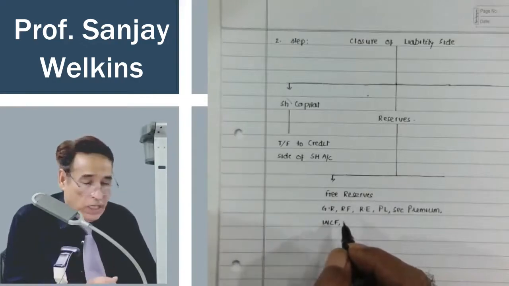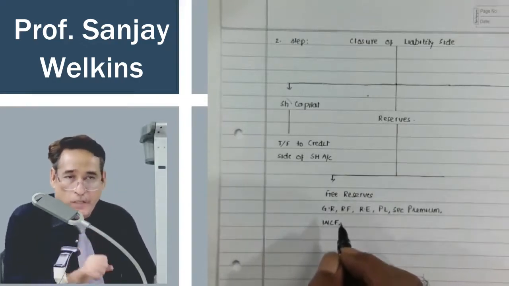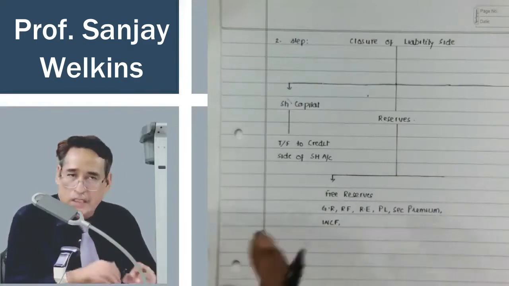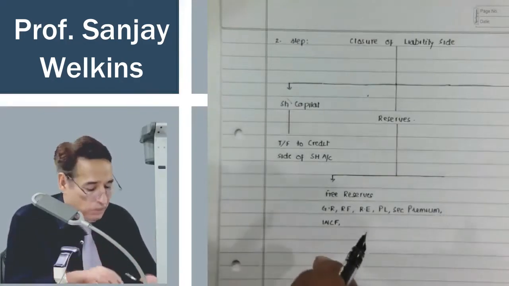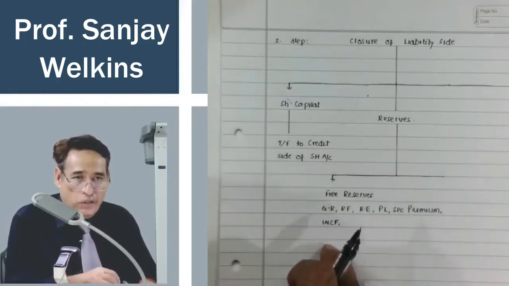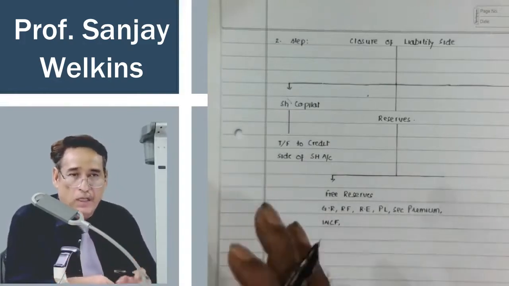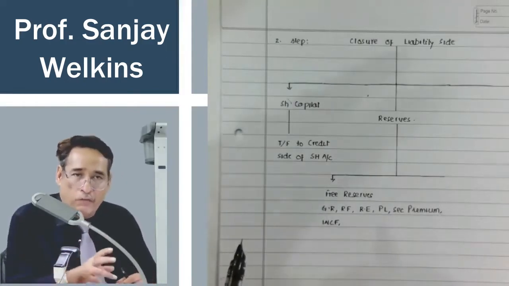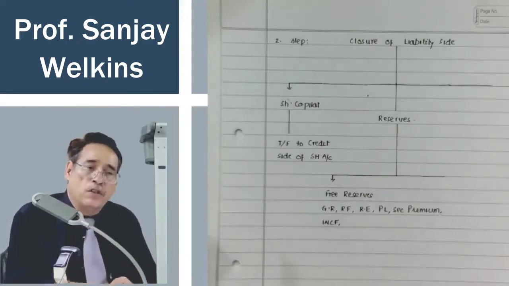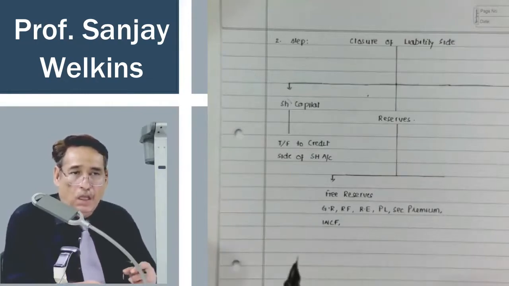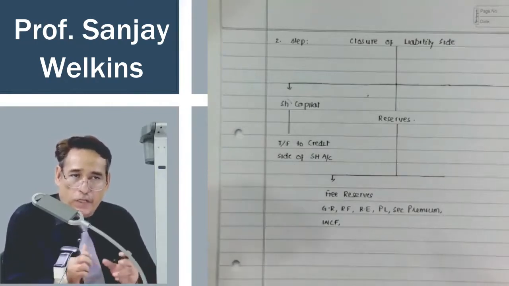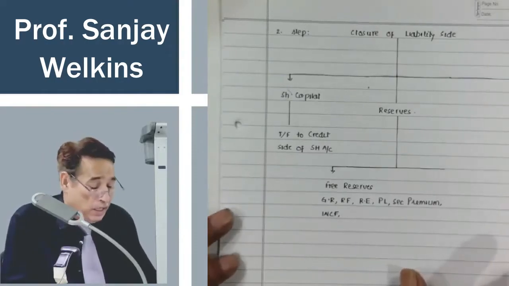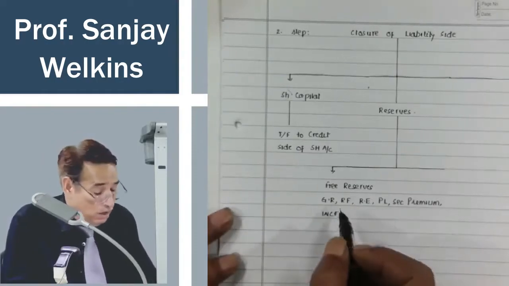Suppose there is a balance of 50,000 in workmen compensation fund. If nothing is mentioned, you presume this fund is completely free. However, sometime in case of funds, it may be given to you that some portion of the fund is meant for liabilities. Say you are given workmen compensation fund of 50,000. Besides, the question also states that out of 50,000 worth of workmen compensation fund, 40,000 is meant for workmen liability. So in that case, transfer only 10,000.